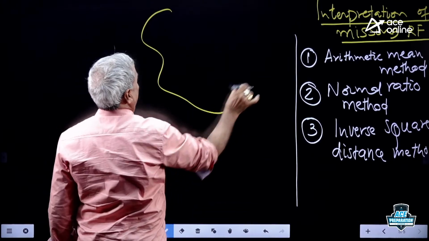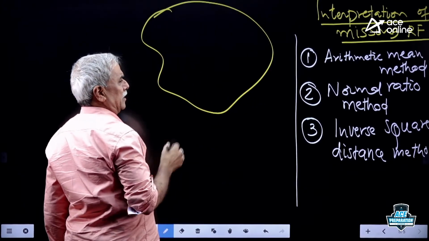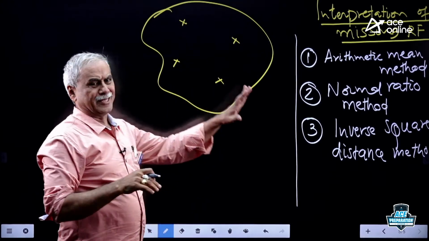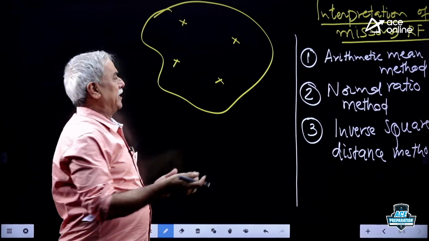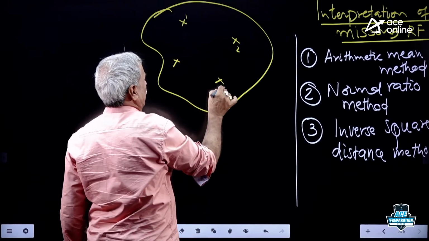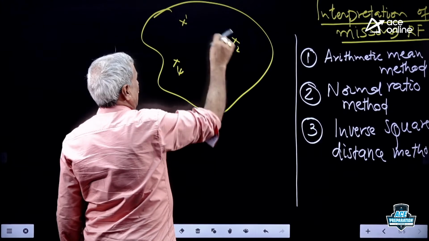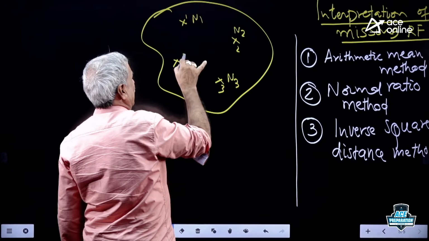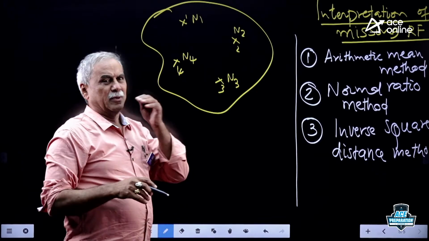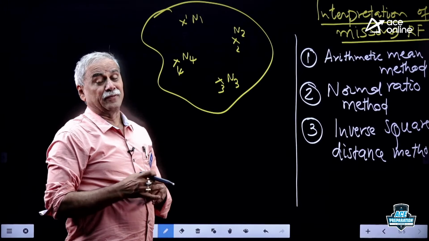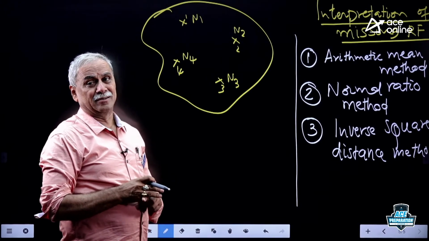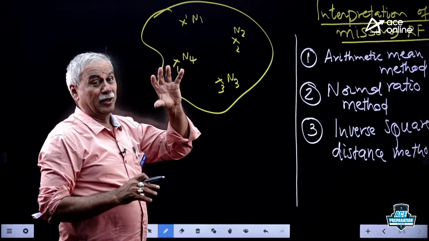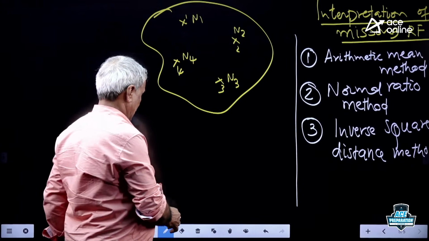There is a catchment area. Say some 4 rain gauge stations are there. To have the brief review of the three methods, 4 rain gauge stations are there, say 1, 2, 3, 4. Normal annual rainfalls N1, N2, N3, N4 are there. They are nothing but the average of the 35 years of yearly rainfall data is considered. For every station, we calculate the normal annual rainfall values, and then